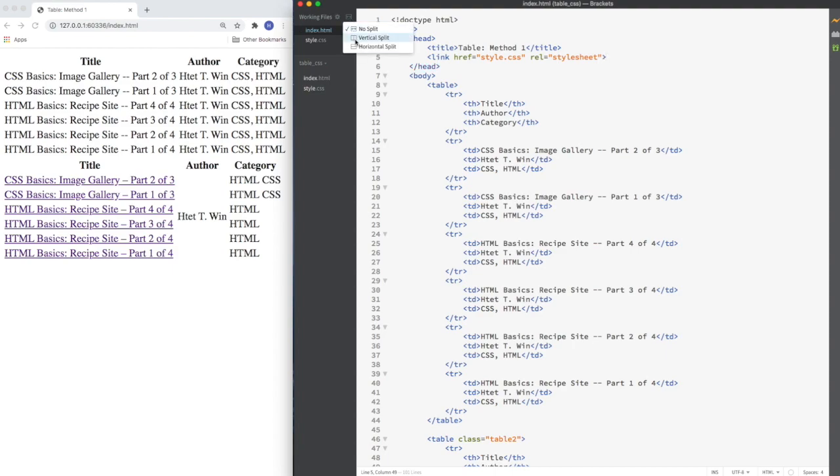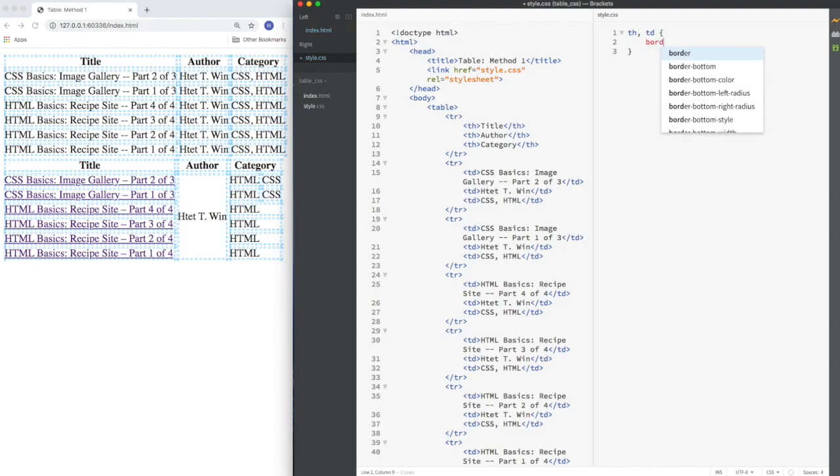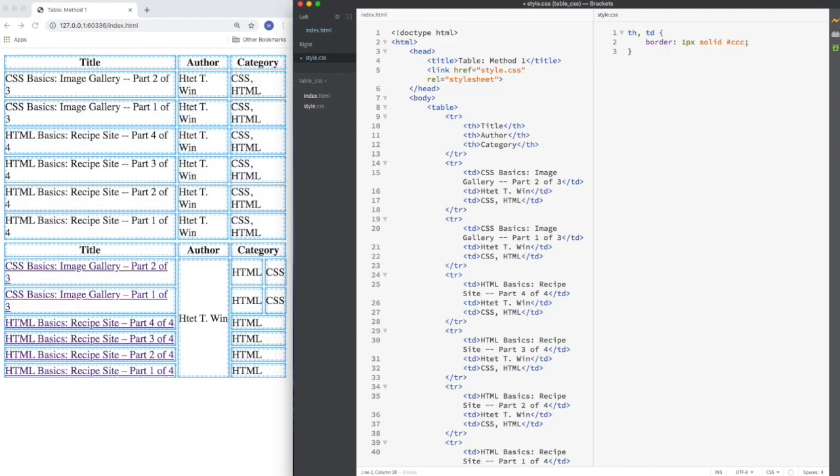Let's add CSS. The first thing we want to do is add grid lines that will clearly show separation between cells. Let's just use the tag selector for now. We will add a class attribute in HTML when we need it. We have to add styling on both TD and TH. So let's add TH and TD selector. TH, TD, open curly bracket, close curly bracket. Let's add properties inside the curly brackets. Border: 1 pixel solid #CCC;